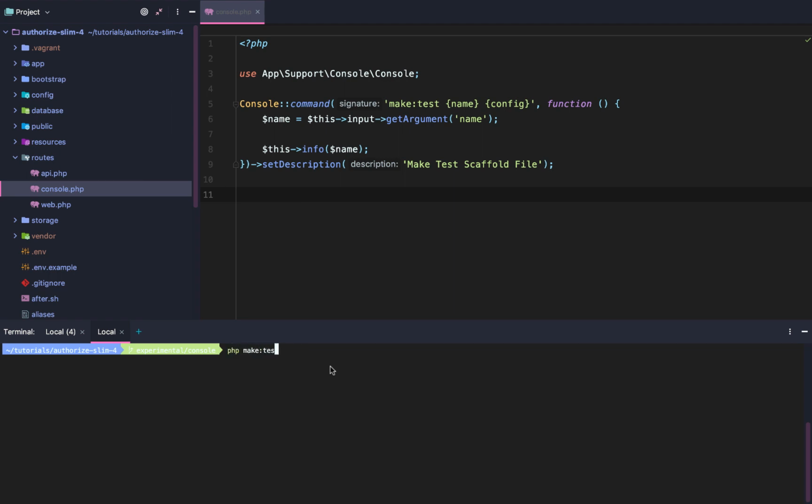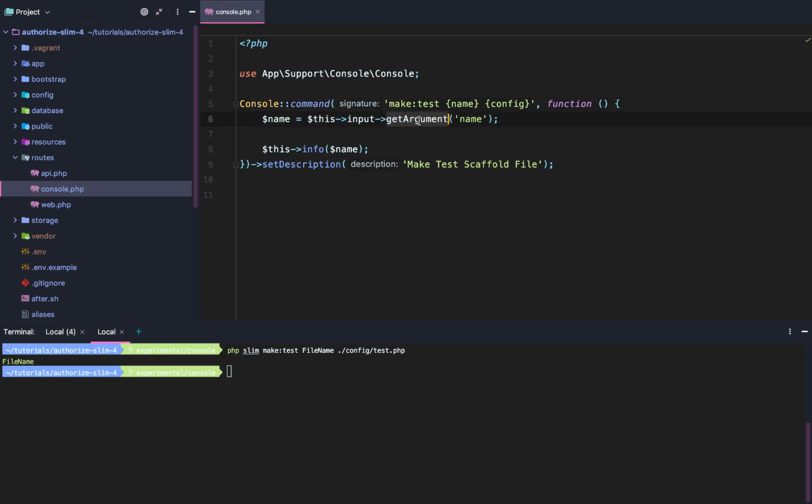We have make test. All we have to do is run php slim make test, and then we'll say file name, and then we'll say /config/test.php, right? And then it gets the name from the argument, which was file name, and then it outputs it in this info. To add a new test, all we have to do is do make example, and then we